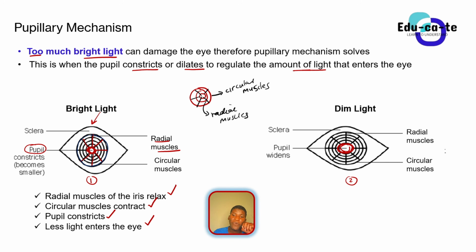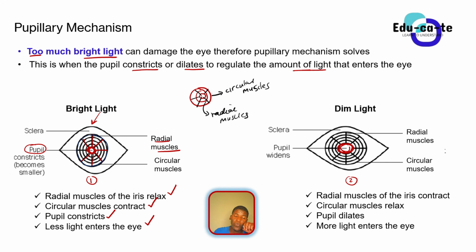Oppositely, we can look at the dim light condition. When there is less light in the environment, the pupil has to open up a lot so that more light can enter so that you can see. Most of the time in the dark, you cannot see easily. So basically, your pupil will open up. Try to take a torch and go to your friend and turn it on and look at what happens to the black of their eye. That part known as the pupil will either constrict or dilate depending on bright light or dim light.